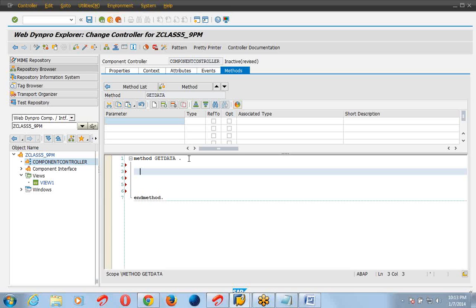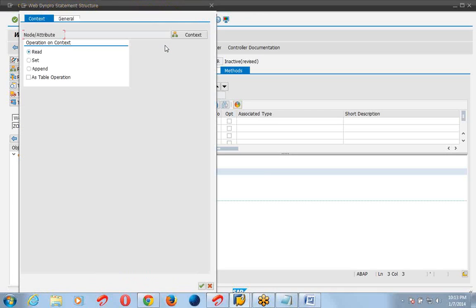I want to capture record, wizard, capture wizard. Then context mapping: read plus table or only read?